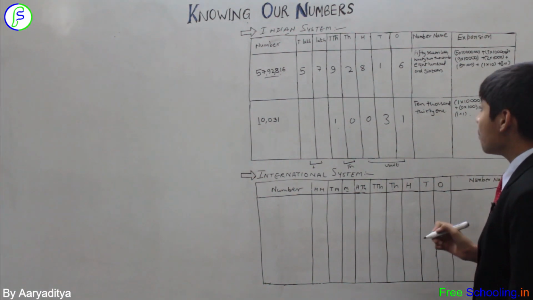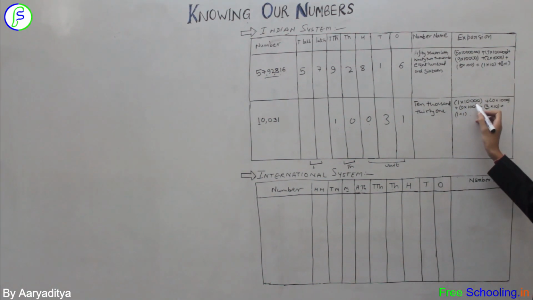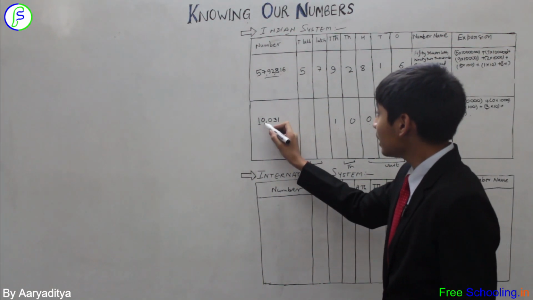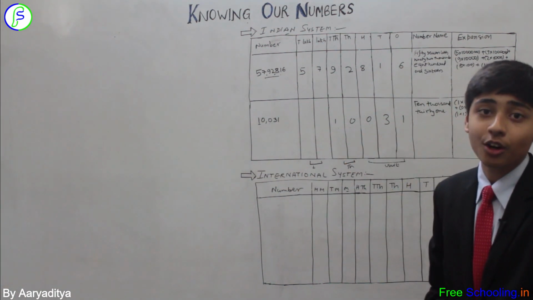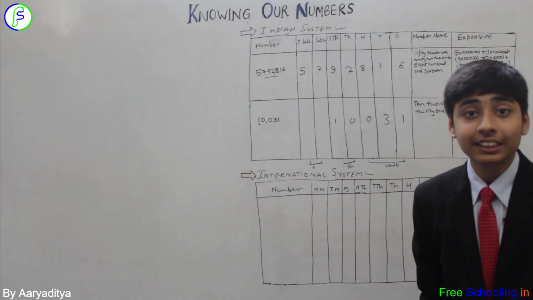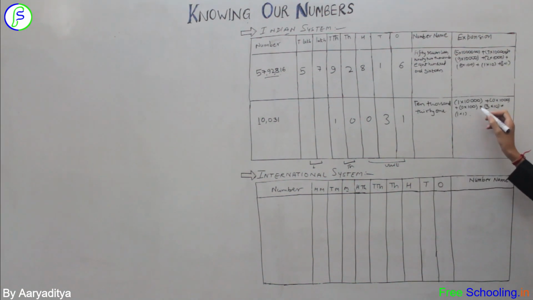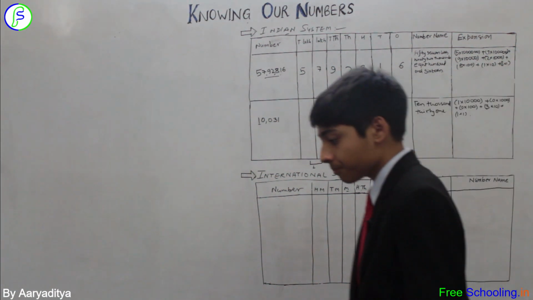You all might be asking me why I have written 0. I have written 0 because if we write it directly like 1 into 10,000 and then just add the 30 and then 1, the teacher might get confused that she has given 0 to us, and the place value of zeros are actually 0, but we need to represent it. So for the representation of place value of zeros, you just need to write in this way. So you would be on a safer side.